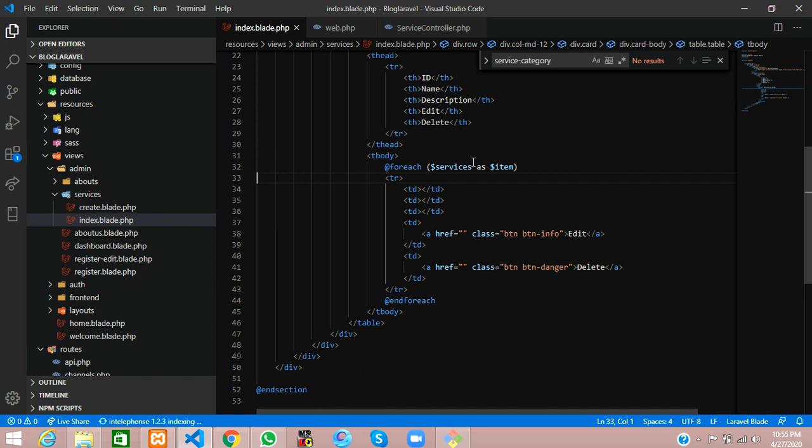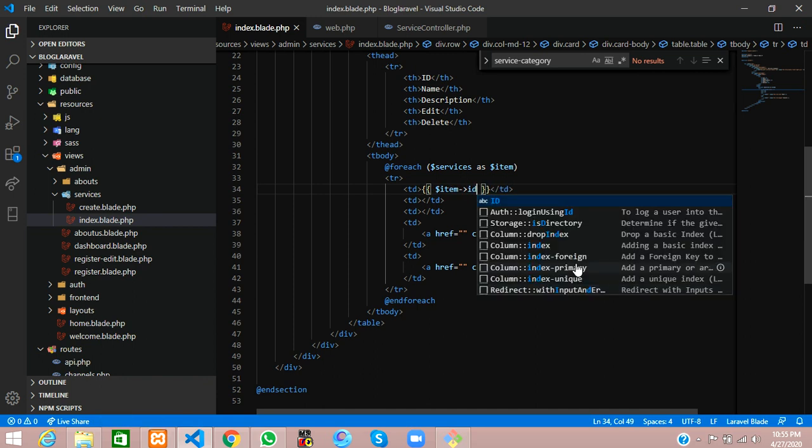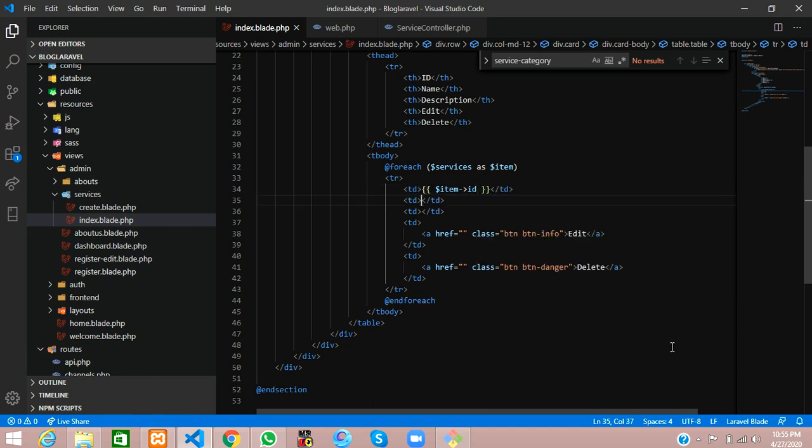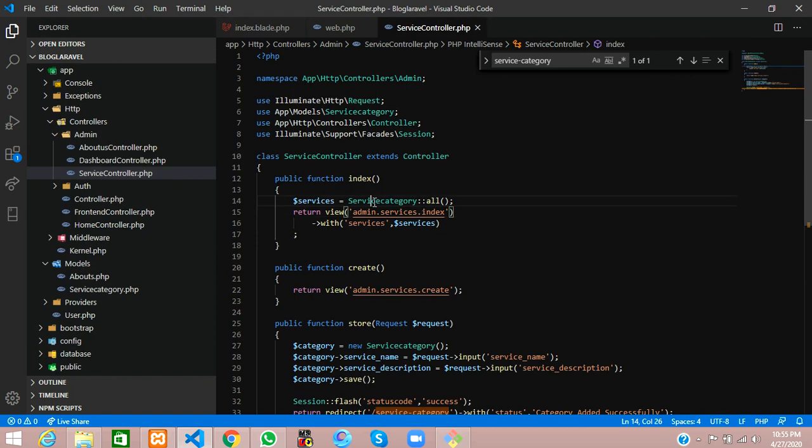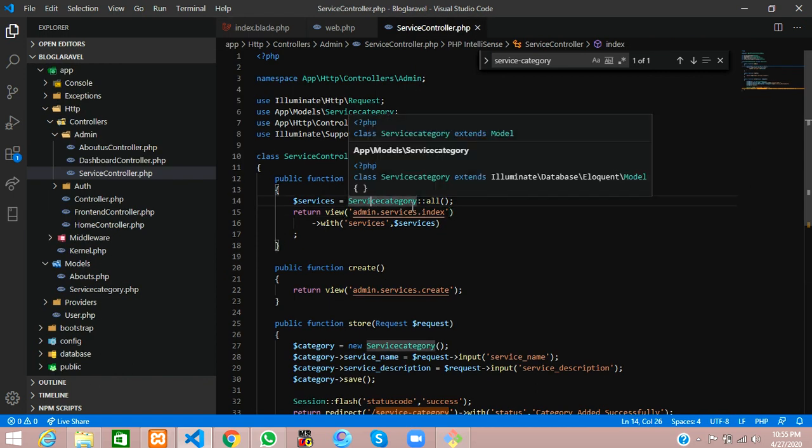Let us take this dollar item and paste it inside this. Before that we are going to echo the value, so you can use double curly braces and call the first place as ID and the second place for the name. You can check the column names in your model itself, or go directly to your database.